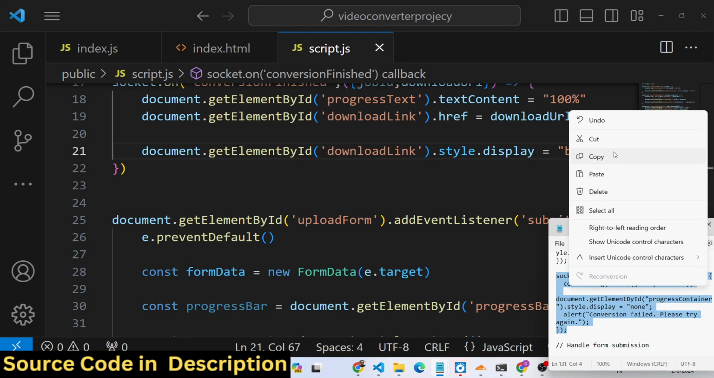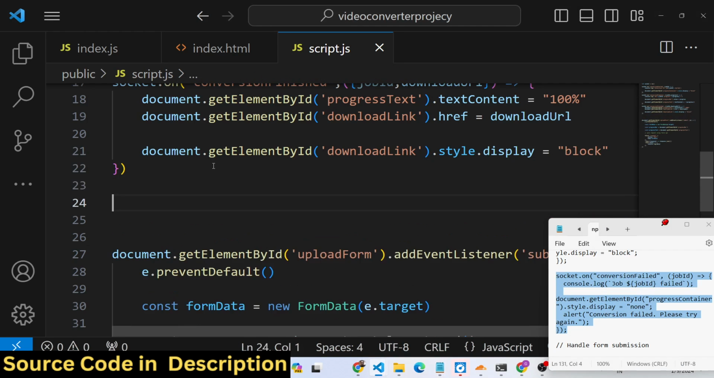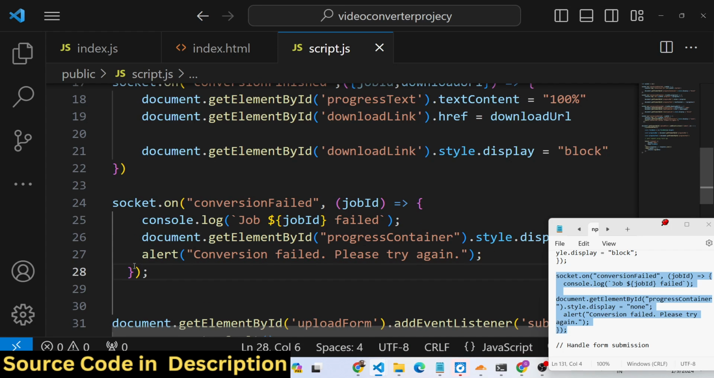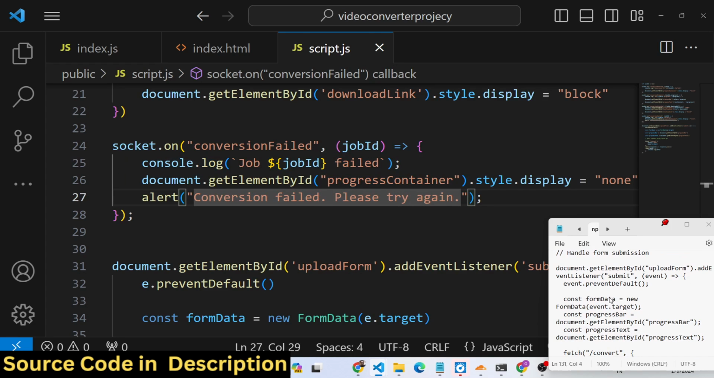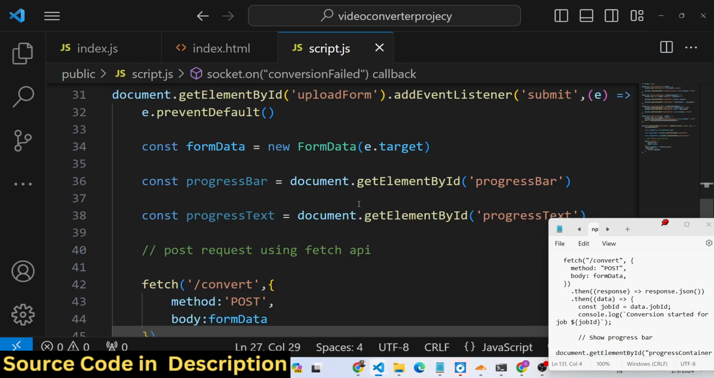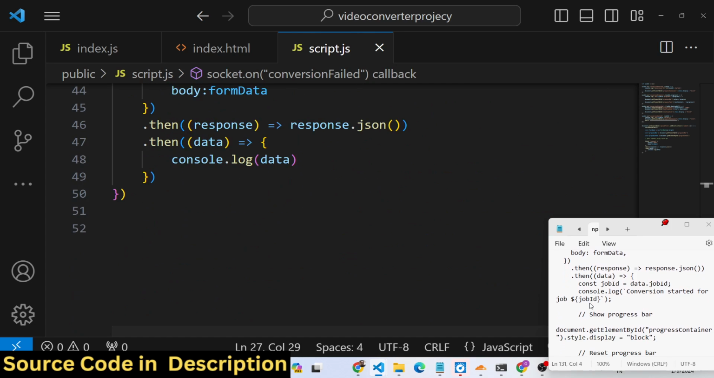In a similar manner, we also need to write code for this conversion failed event. It will show an alert message if the conversion doesn't go well: conversion failed, please try again. It will hide the progress bar. That's all. And now to download the file, guys, whenever we get the response here,